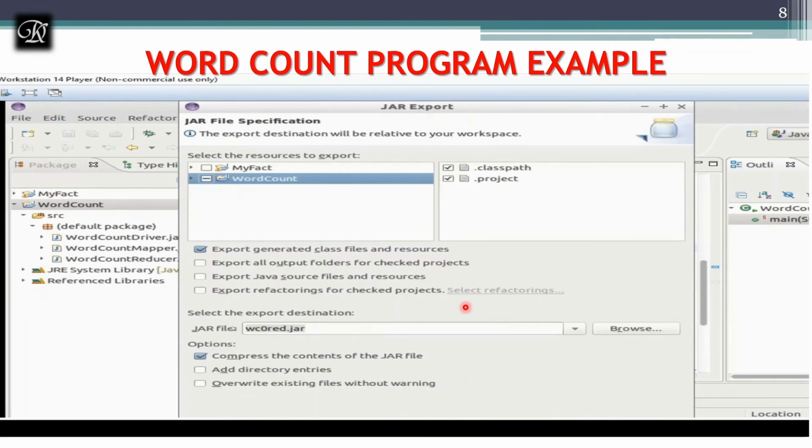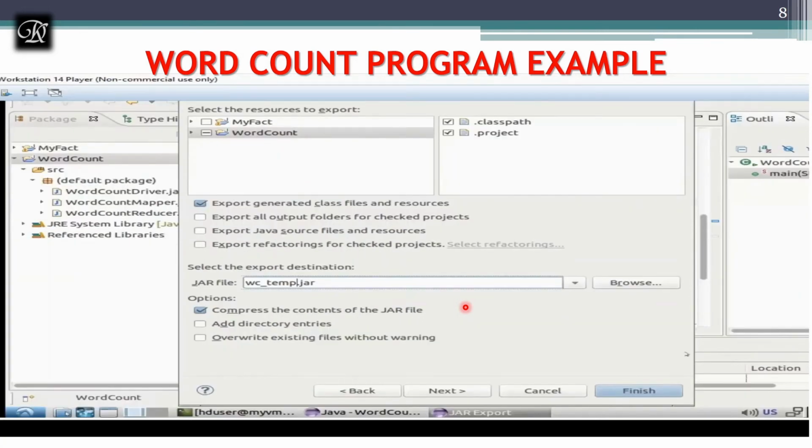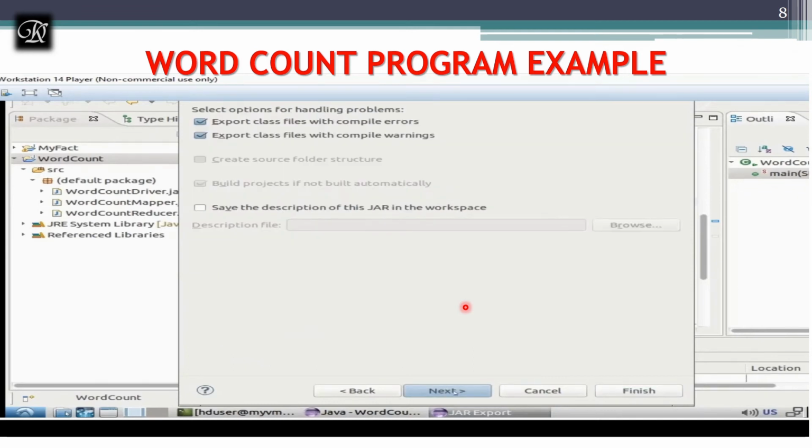Here you have to give a jar file name. So this is easy compared to the command-based approach. In the command-based approach it's also a simple one-line command which will create a jar file. Whichever you feel is easy, go for it. So I have created wc temp as the jar file and I'm going to save it.